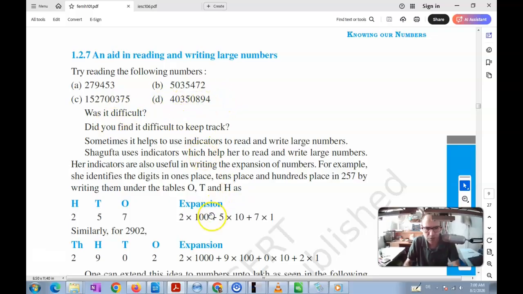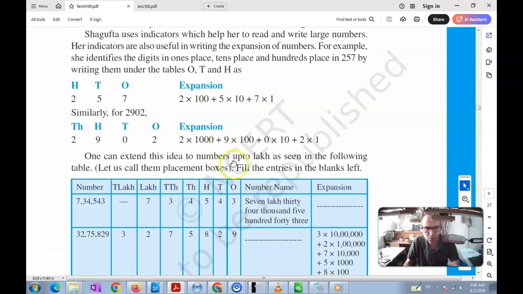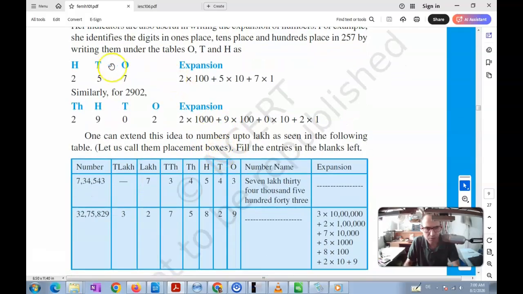In such cases, one thing that you can do is create a table like this, for example, with the ones place value, the tens place value, the hundreds place value, right? And put your digits under these headings, and then you can keep track of everything that there is in the number. That's one thing that you can do,